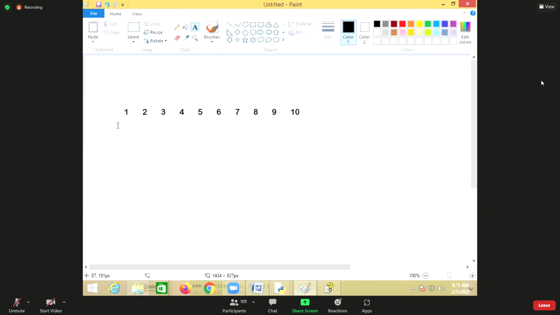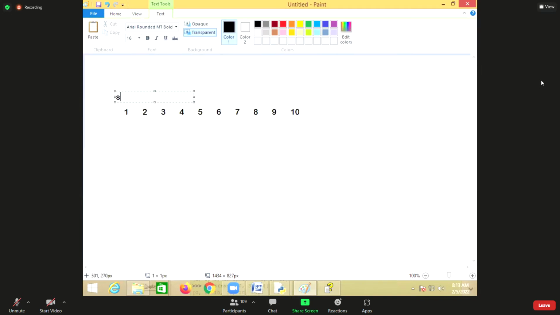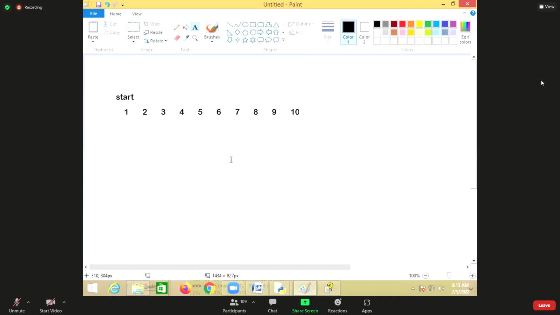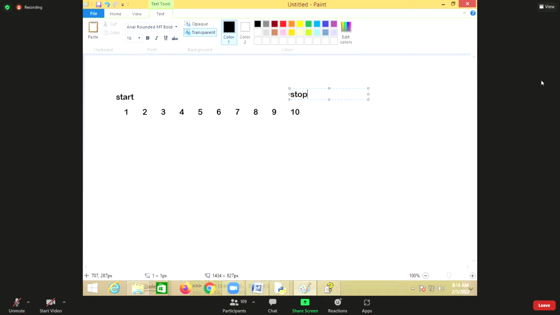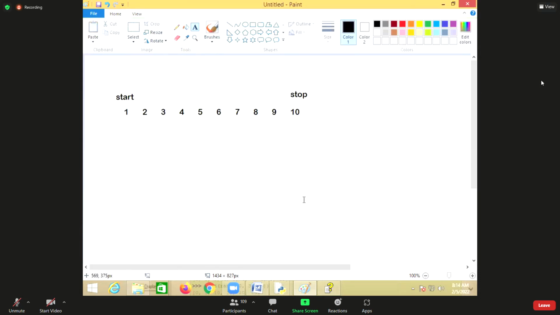So range has a start, range has a stop, and range has a difference between each value.